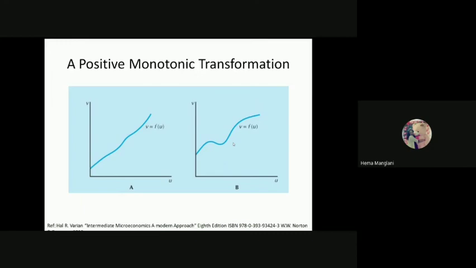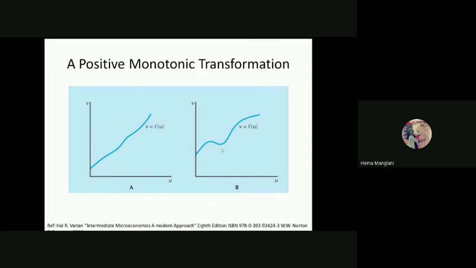So if this is the same, only your functional form is changing. Your monotonic transformation is defining your function form in a different way, but the property of your function would remain the same. Then we say yes, it is following convexity and also monotonicity. So this particular function can also be shown in a different way, but here also it is increasing, here also increasing, and in all ways the slopes are similar. So if slopes are similar, the basic property of the function is similar, and all the time it is increasing in the same proportion. Here what is happening? This is declining.